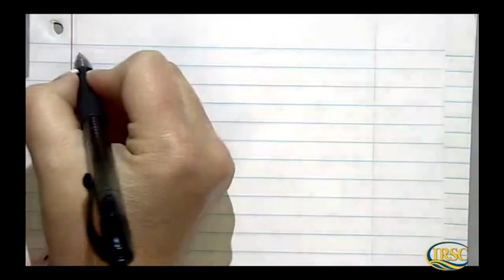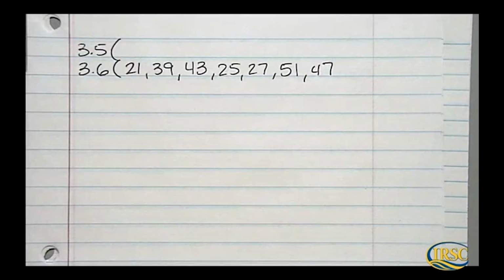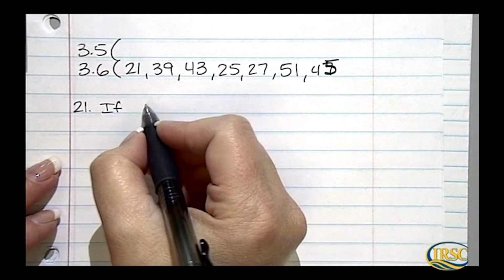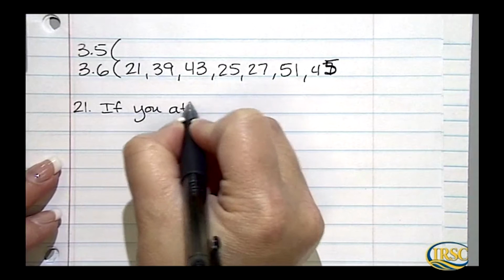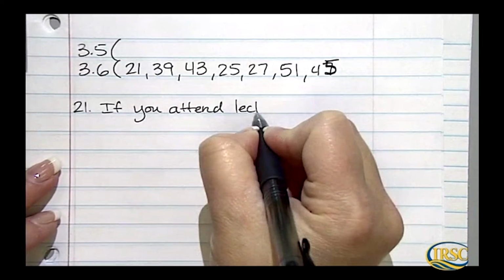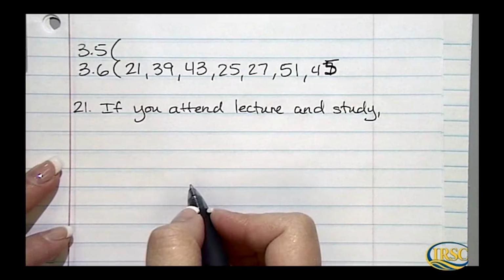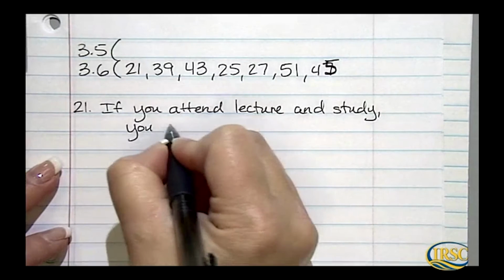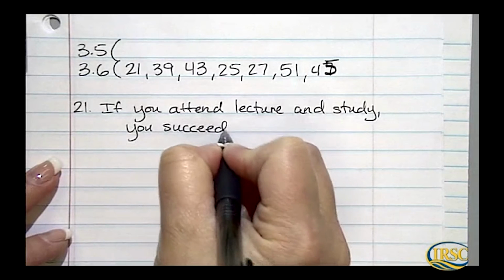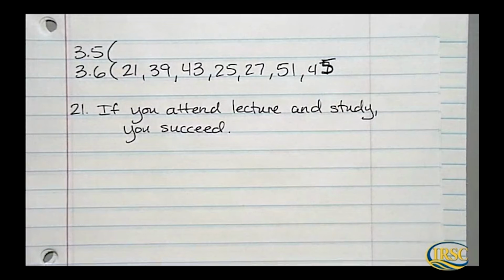3.6? So in 3.6, starting with number 21, "If you attend lecture and study, you succeed." And in the directions, it wants you to use De Morgan's law to write a statement that is equivalent to the given statement. Okay, so first of all, what might be easiest is if you translate this to symbolic form